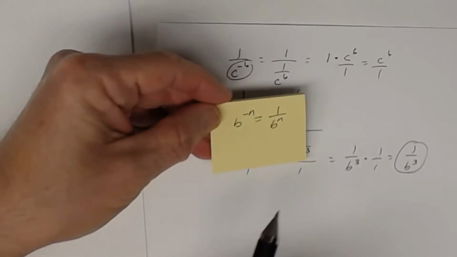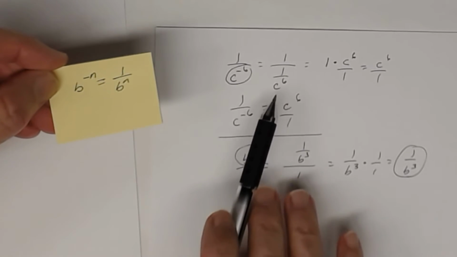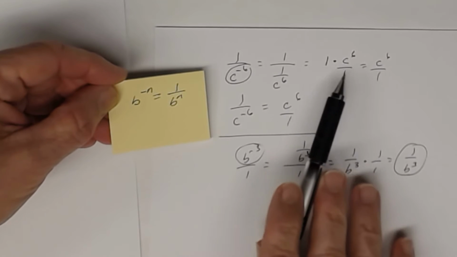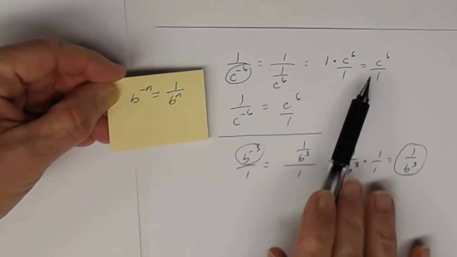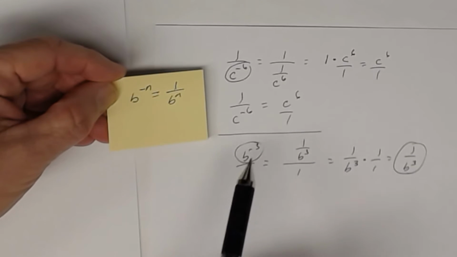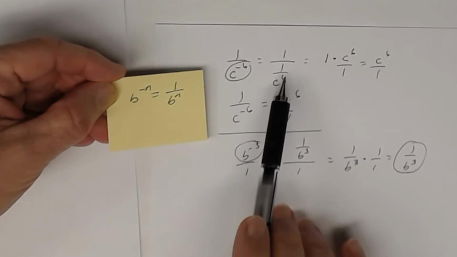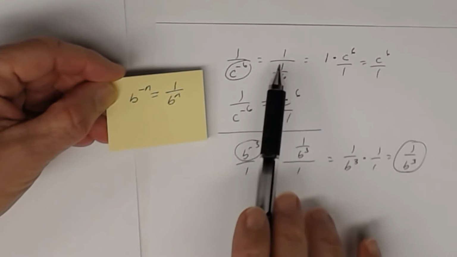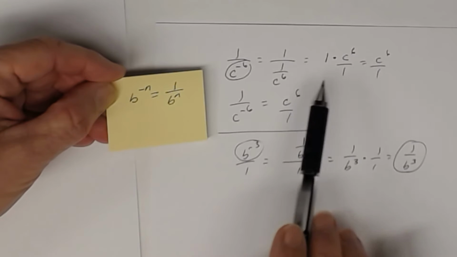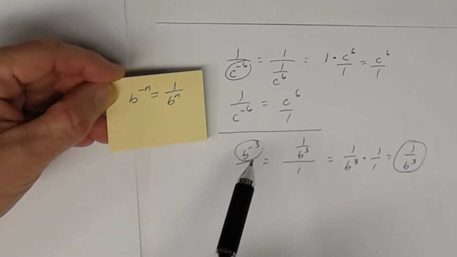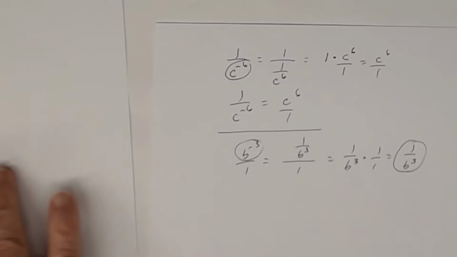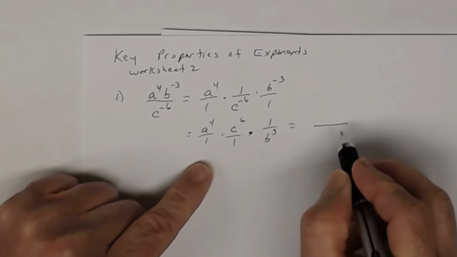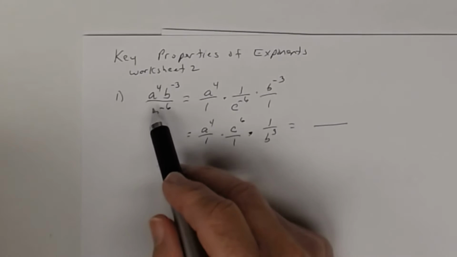And all we did was use this property in each of these situations. C to the negative 6 is 1 divided by c to the 6, and then I used knowledge from a previous course. When dividing fractions, you change the multiplication problem: the fraction in the numerator times the reciprocal of the fraction in the denominator. Okay, same thing here. Okay, so now don't leave your answer like this, though. You got to write it as one fraction. That's important. That was one of the things you learned when simplifying these